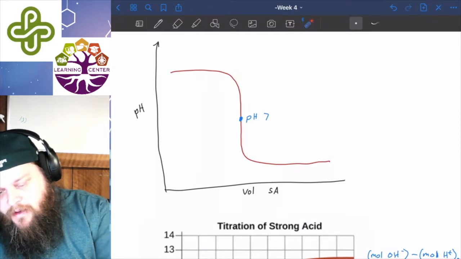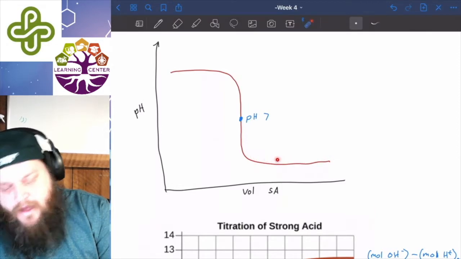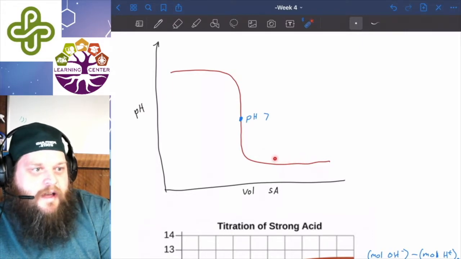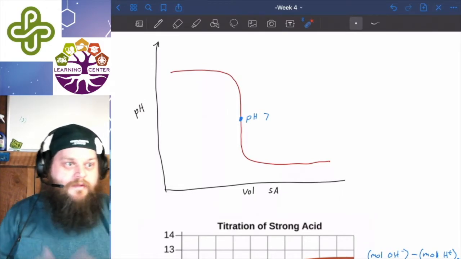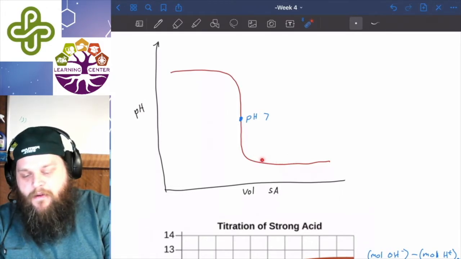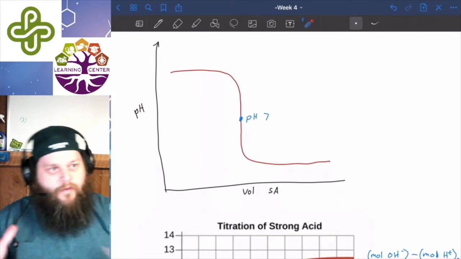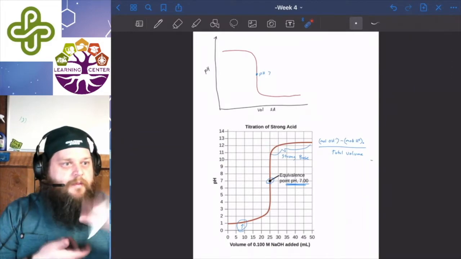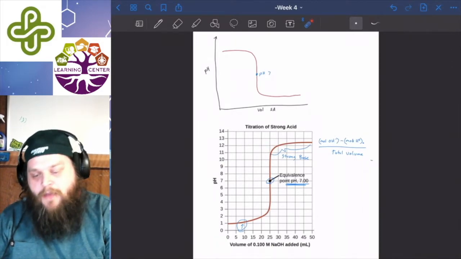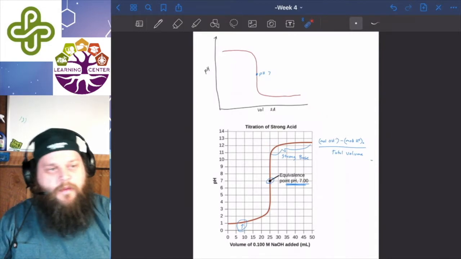But then we're going to treat this area down here as just a strong acid. Any acid we had after that is the concentration, or has the number of moles of acid that we throw in there. And we have to account for the total volume. In the same way we had here, the graphs look the same, it's just we flip it, because now we're starting out at a high pH and we're titrating down to a low pH.